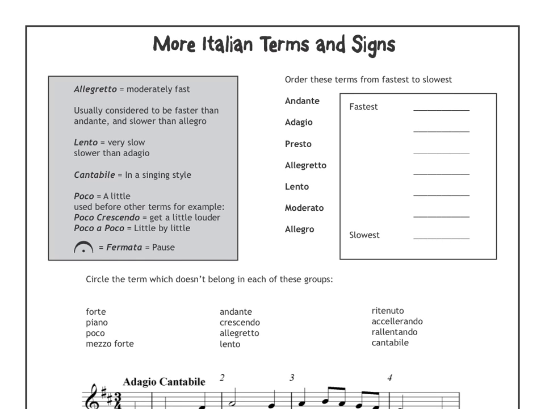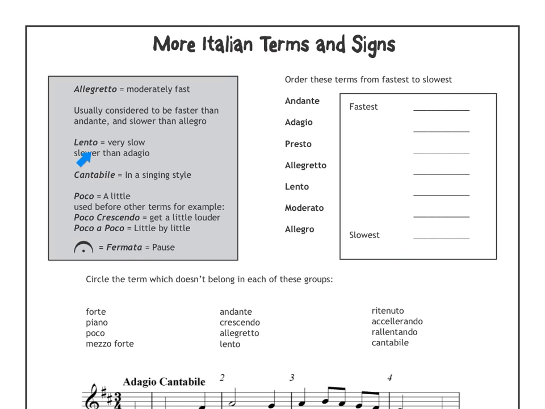Now again here there's a little bit of a typo. Faster than andante, even after andante, there's moderato. So moderato is a little bit faster than andante. That'll help orient yourself for this stuff here, where you have to order these tempo markings from fastest at the top to slowest at the bottom.